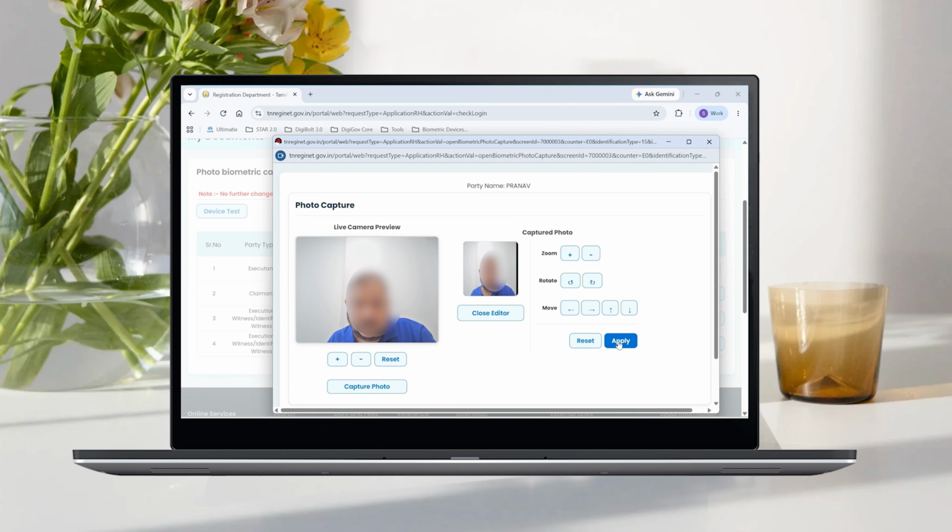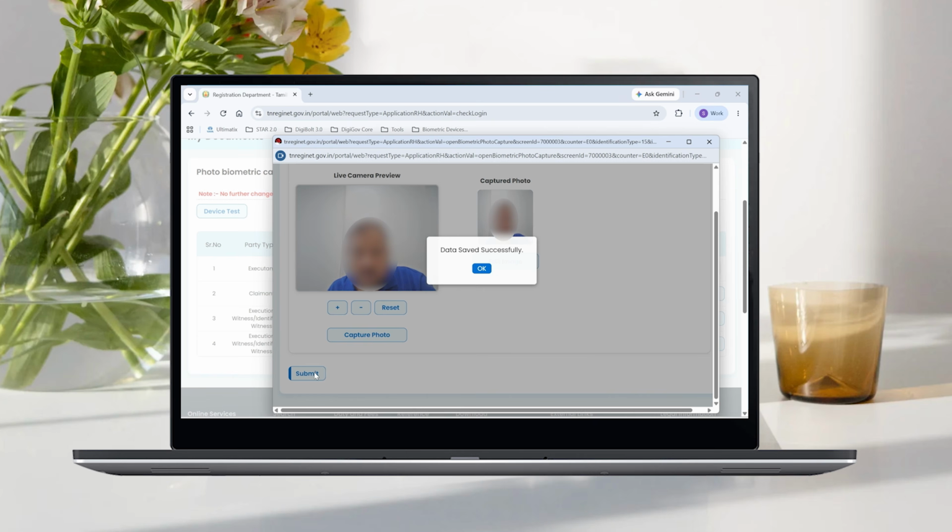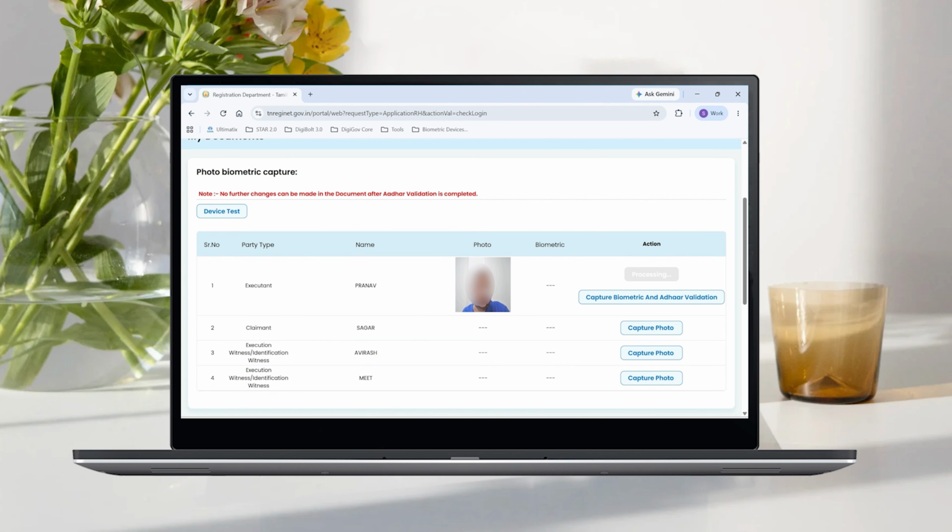Adjust the image carefully until the face is properly positioned. When you are satisfied with the photograph, click Apply. Then click Submit. After submission, the captured photograph will appear against the selected party on the main screen.